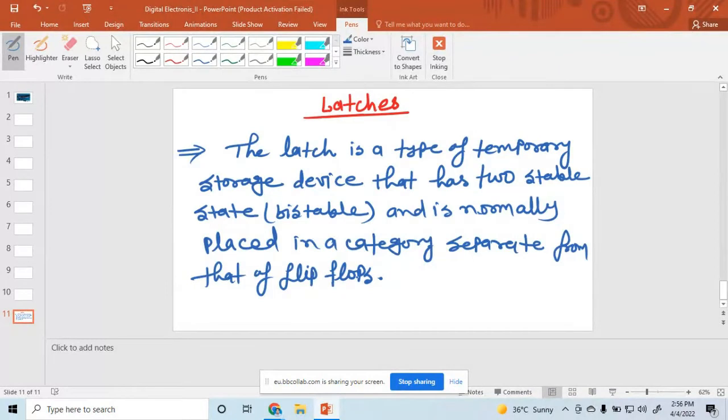So latches are similar to flip flops because they are bistable devices that can reside